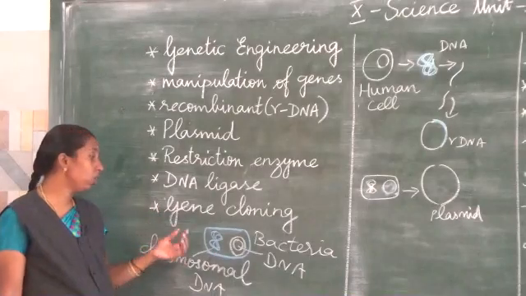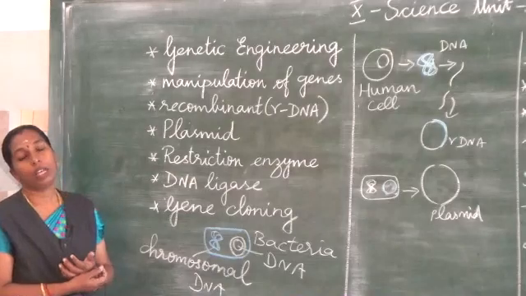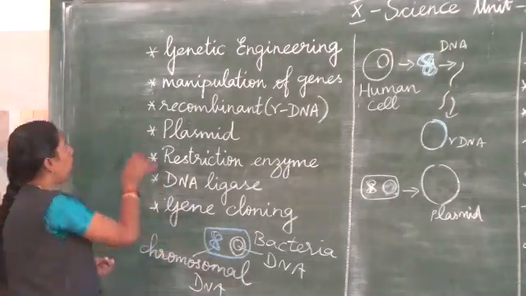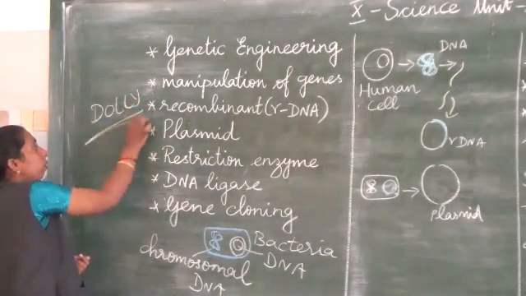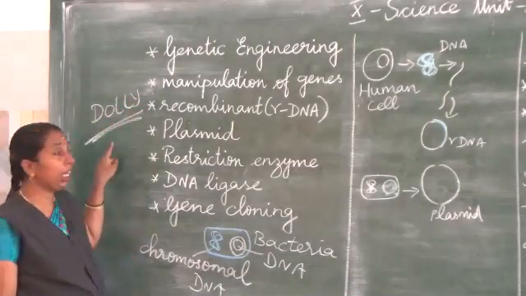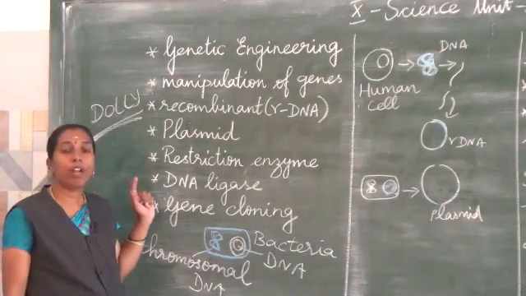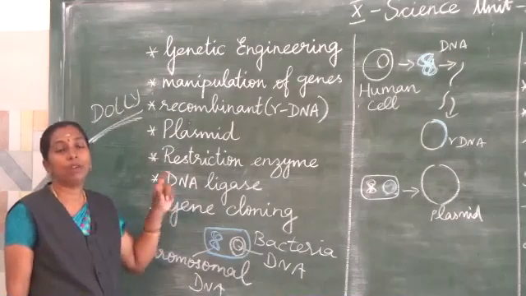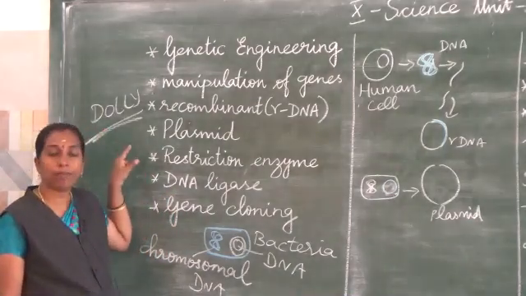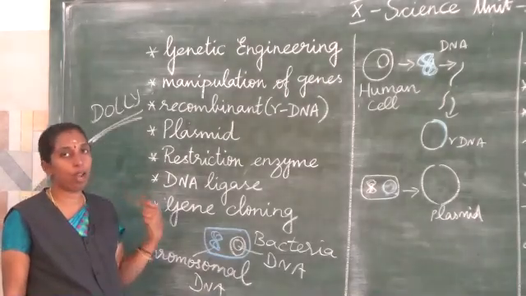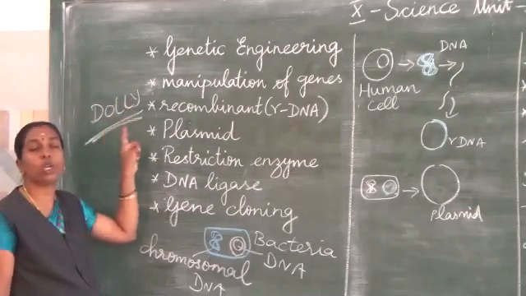Now, we shall learn gene cloning. You would have learned about the sheep Dolly. Dolly is a sheep which was cloned in the 1990s. It was first created at the Roslin Institute, lived for about 6.5 years, and then died due to lung disease. Dolly was the first cloned sheep.